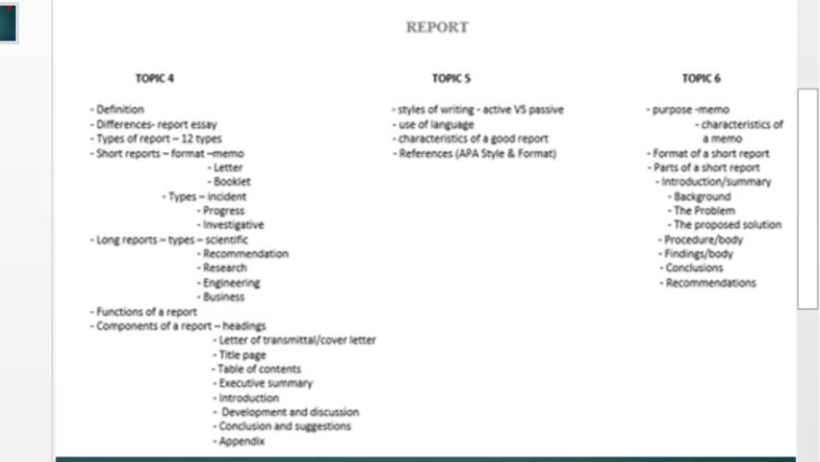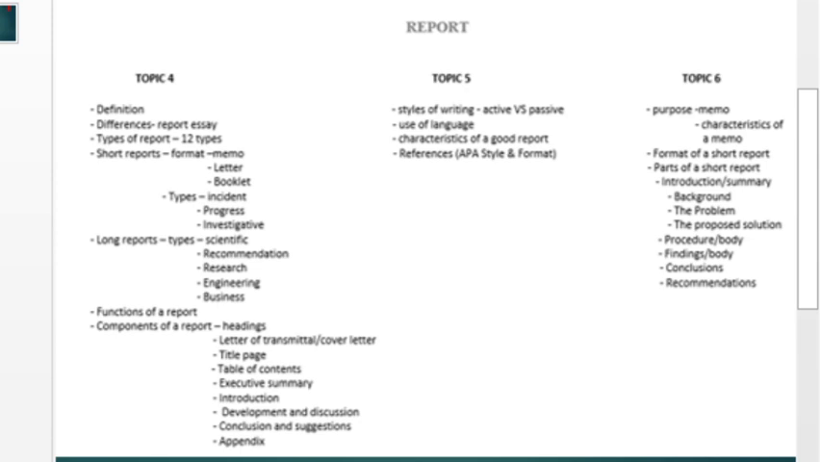Meanwhile, the third type of short report is an investigative report. This investigative report is normally for internal purposes, something like when there's a case of breach of trust. In short form, it is called a CBT, a charge of breach of trust. So when there's a case of breach of trust, let's say one of your colleagues stole cash from your firm